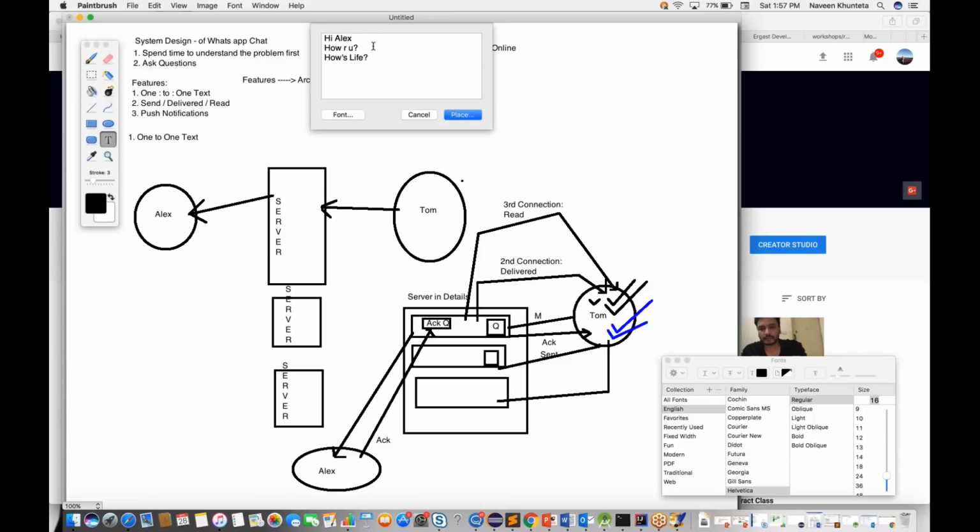So these are the three messages. This is message number 1, sent to server number 1. This is message number 2, sent to server number 2. And this is message number 3, sent to server number 3. Now there will be a race condition, guys, between these three servers, because we don't know that ideally Alex should